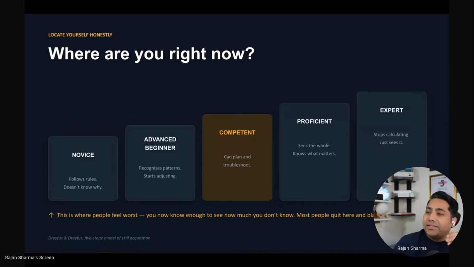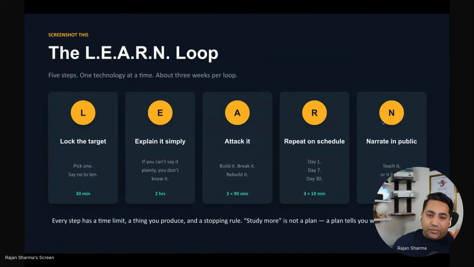Second thing, you need to understand that you are at a different stage of each different technology, and you get to choose what and where you should invest. You do not need to be an expert at everything, nobody is. You need to be genuinely competent at a few things, and functionally literate in as many as possible. This is the strategy, this is the map, and the rest of these four are how to execute it.